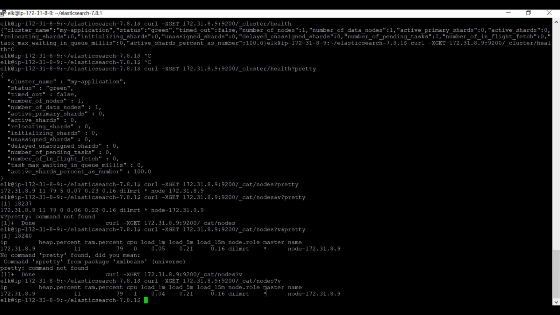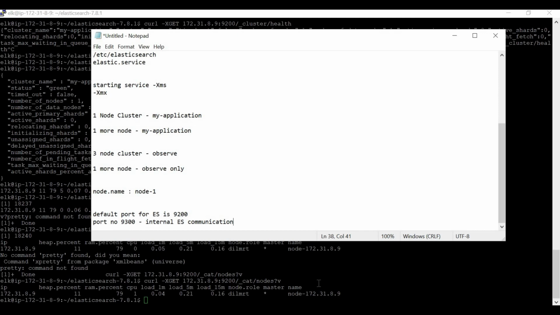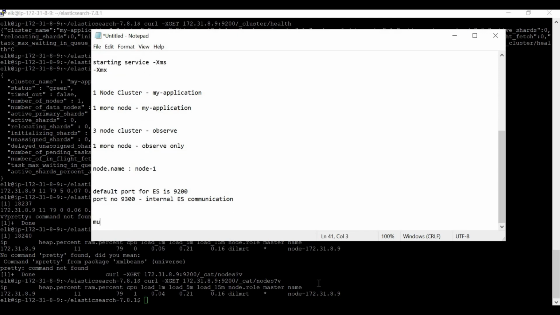Master star. Suppose in my multi-node cluster I have multiple master nodes, then out of all those master nodes only one will be in the active state and the other master nodes will be passive.